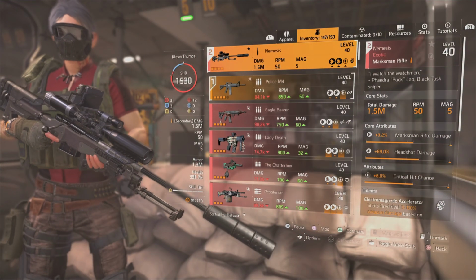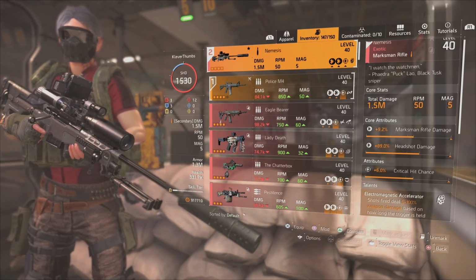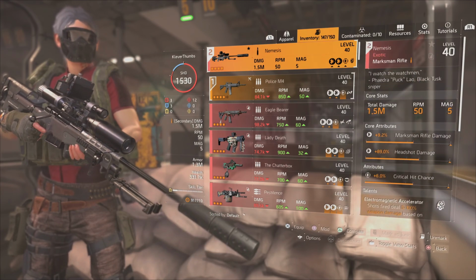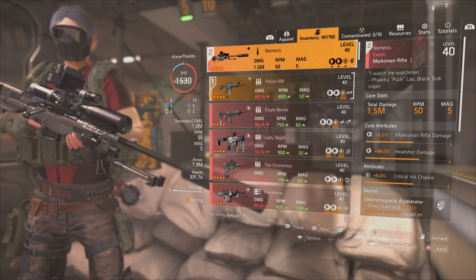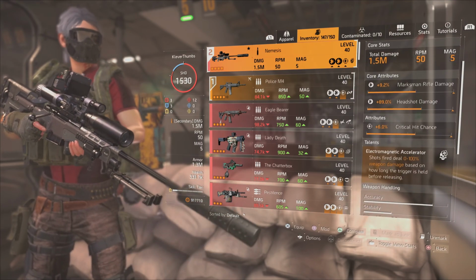But moving on to the secondary, which you guys have seen, it's the Nemesis. Nemesis is 1.5 million damage. Now this bad boy is amazing. Never really gave it a chance. Like I said, I never gave this build a try, so which means I've never even tried the Nemesis. Never tried spotter, vigilance. Like,